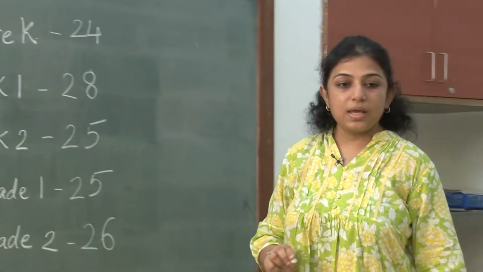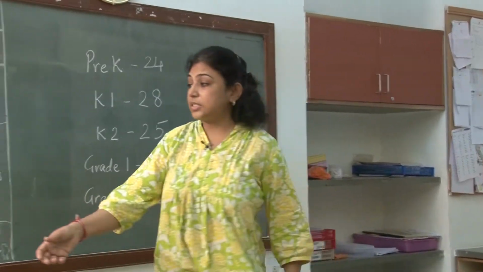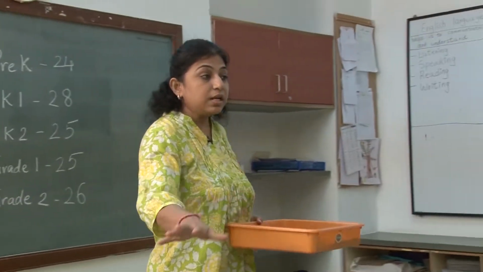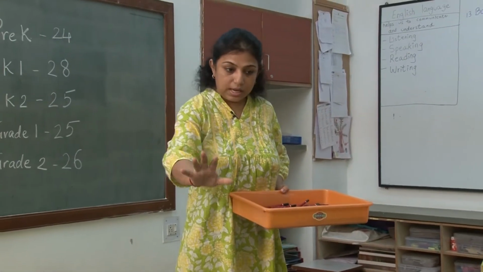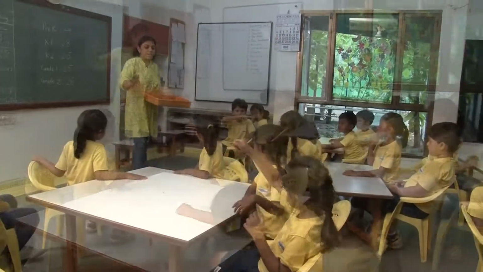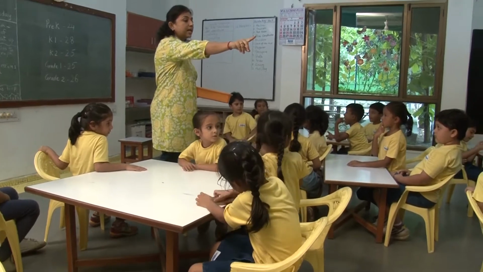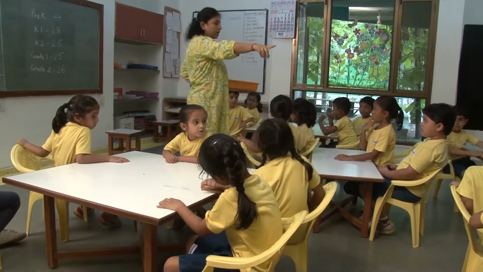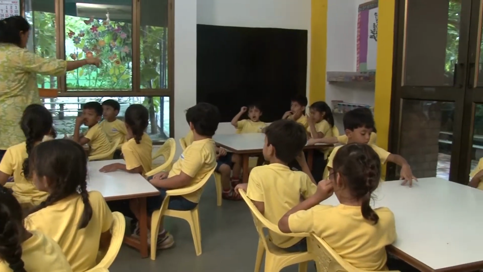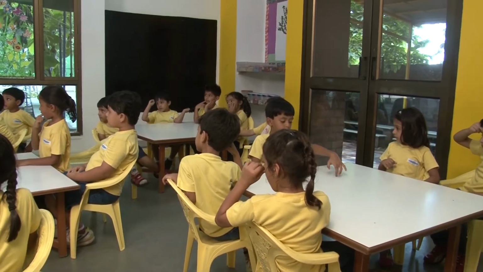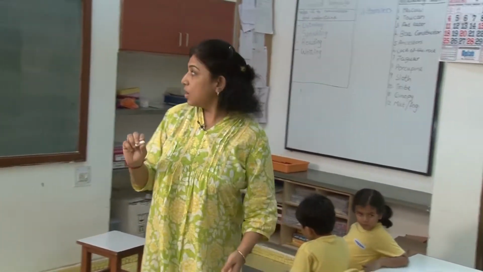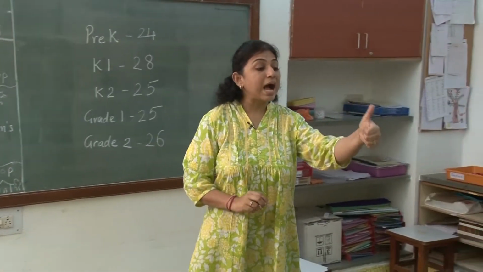children in pre-K. If we have to count now all these pencils that we have, what we need to do is we need to make 5 groups. Each table becomes one class. So there is pre-K. That table, Ekagra's table is K1. Ayan's table is K2. This table, Kahan's table is grade 1 and Samya's table is grade 2. What are we supposed to do? You have to count the pencils.